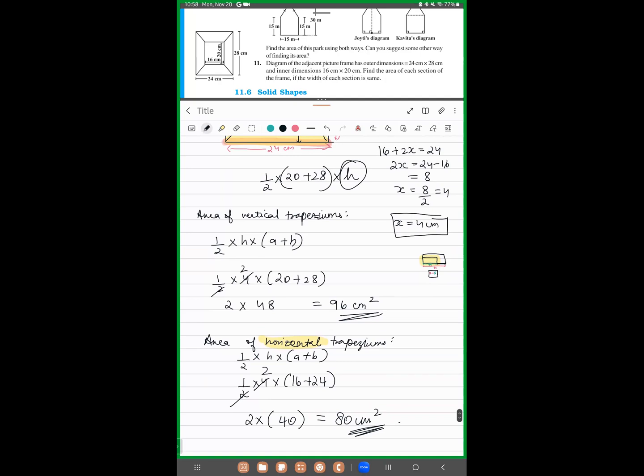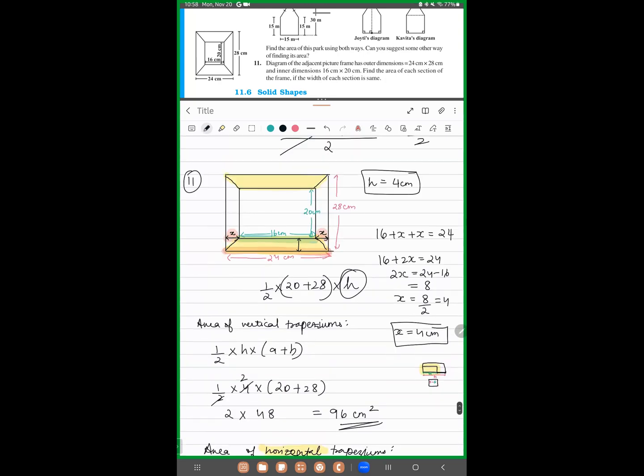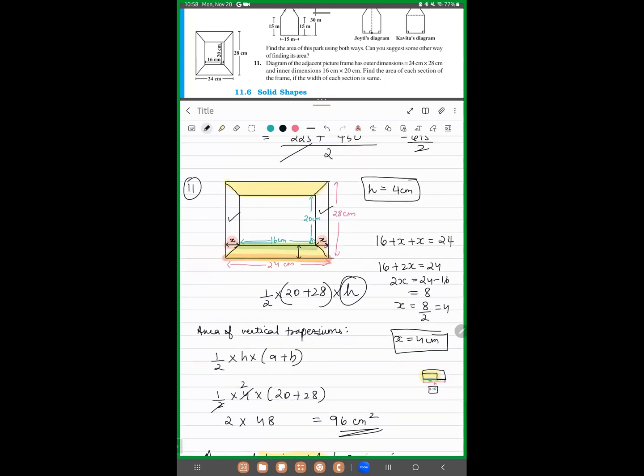Find the area of each section. Okay. So we have found the area of each section. The area of this one and this one is 96, and the area of this one and this one is 80. Okay, done. Then